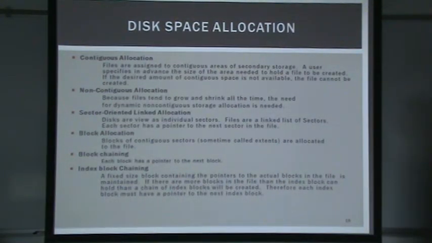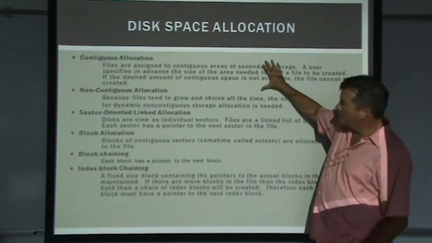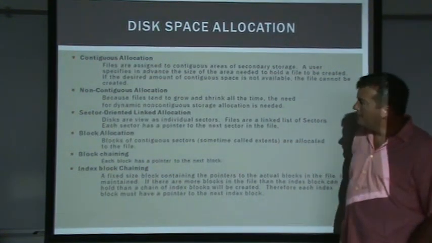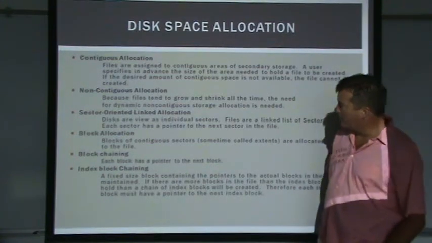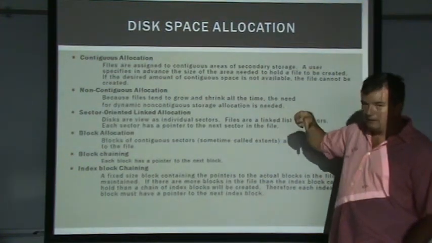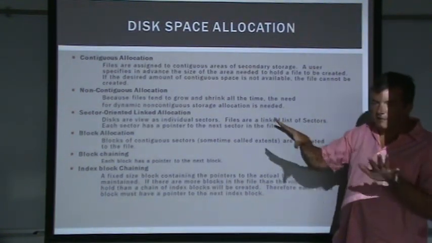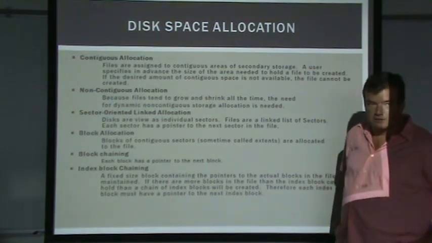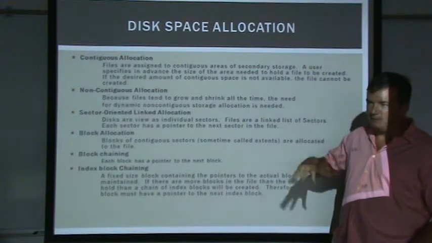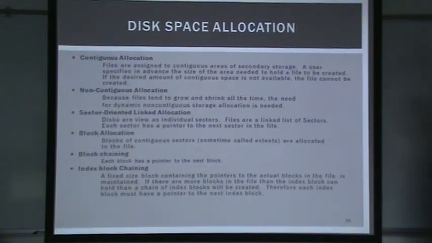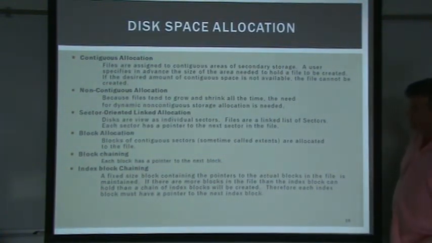Okay, so disk space allocation, we've kind of talked about some of this, but contiguous allocation is where the data on the files appear in a row on the disk drive. Non-contiguous is where we could scatter them. They don't have to be in a row on the disk drive. We can scatter them. The advantage is that we have better control over how much disk space we take. The downside is we have to keep indexes, somehow link these scattered pieces together, and that ends up taking up space on the disk drive.